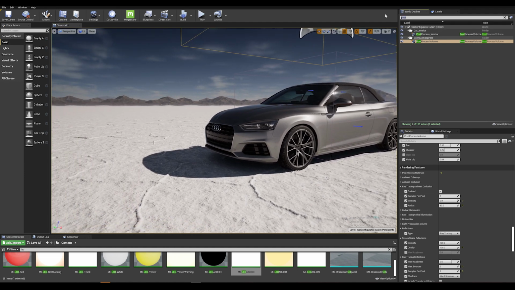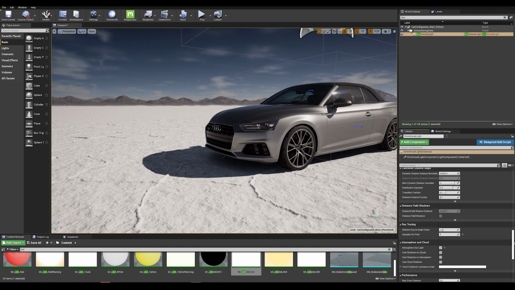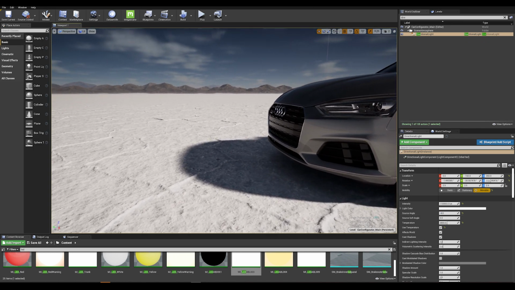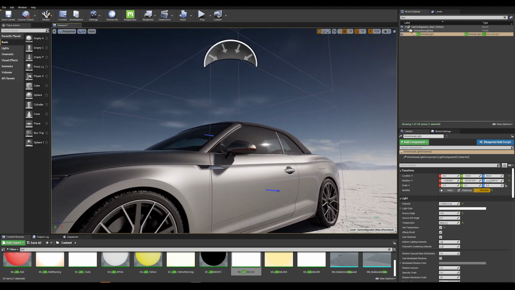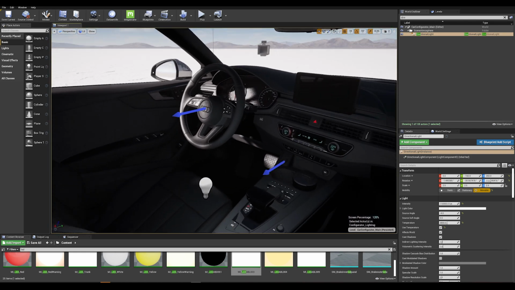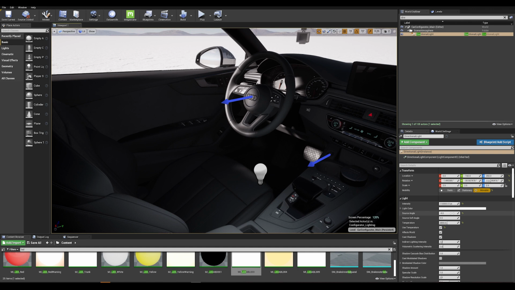Now, the last of all is the ray traced shadows. Ray traced shadows is actually controlled with the directional lights. And what we can do here is play with the source angle. If we put a value of -4, for example, we get some soft shadows going on here, which is pretty neat. It is also useful for contact shadows inside the car, for example, or also outside.